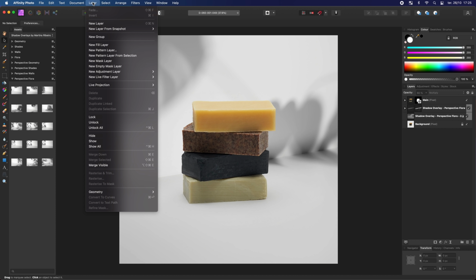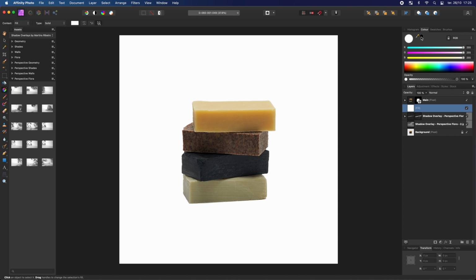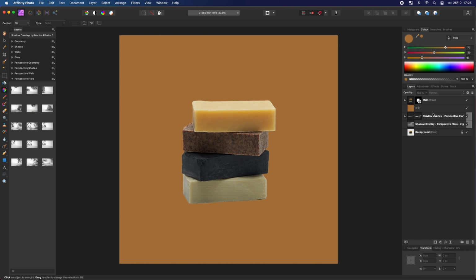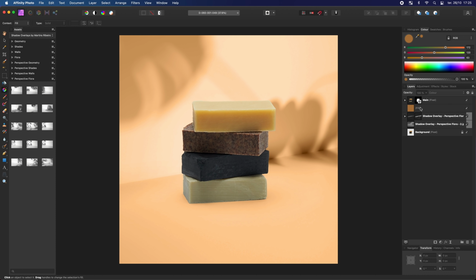Now, let's give some color to the background. And again, I'm going to show you two ways we can do this. The first one is simply with a new fill layer. And we're going to use one of the soaps as a reference for this color and change it to color. Yeah. And so this is quite strong, so let's reduce it, but it's basically affecting everything in the